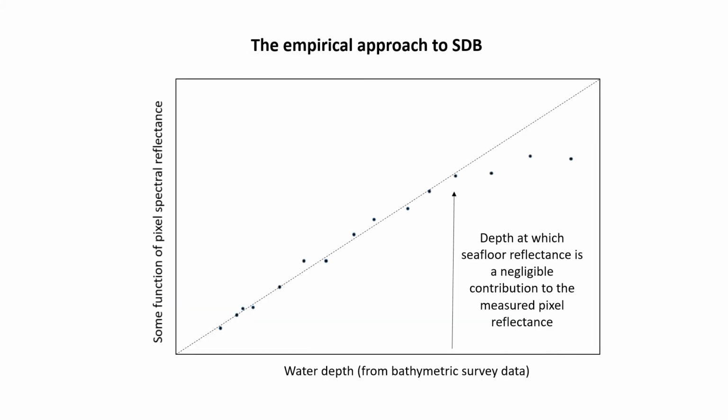Satellite-derived bathymetry means estimating the depth of an area from space. There are several ways to do this. The most common method relies on bathymetric survey data to establish a statistical relationship between water depth and the spectral reflectance of pixels in a satellite image, as illustrated here. This relationship is then applied to all pixels in the image to produce a complete bathymetric map. This method tends to work well in situations where there are high-quality bathymetric data available for calibration. But when there is not, as is the case for many parts of the world, this is not a feasible